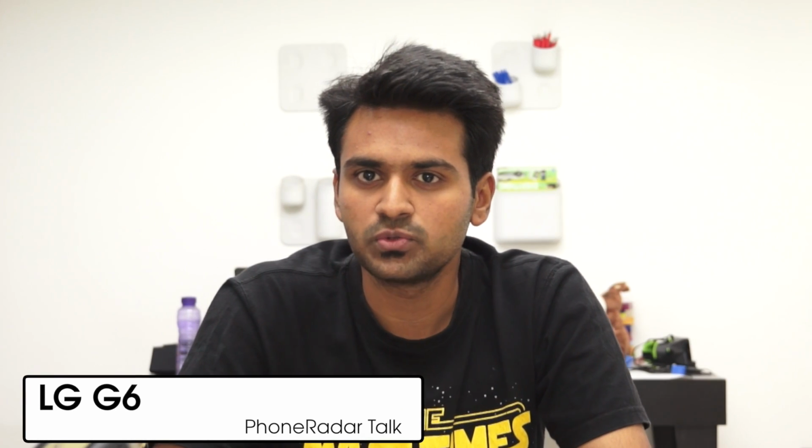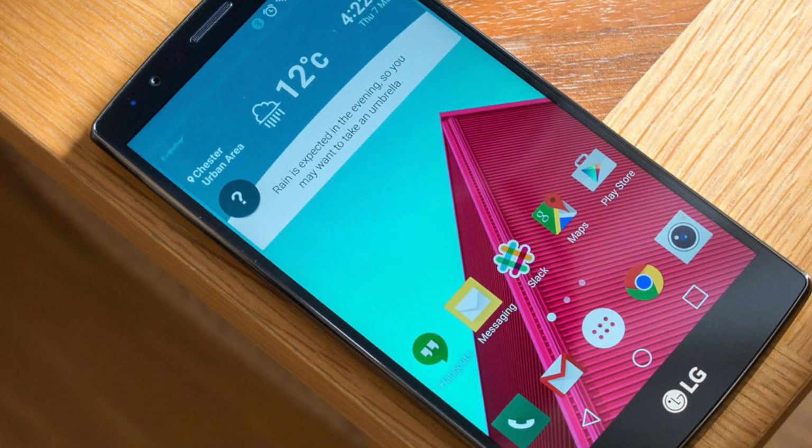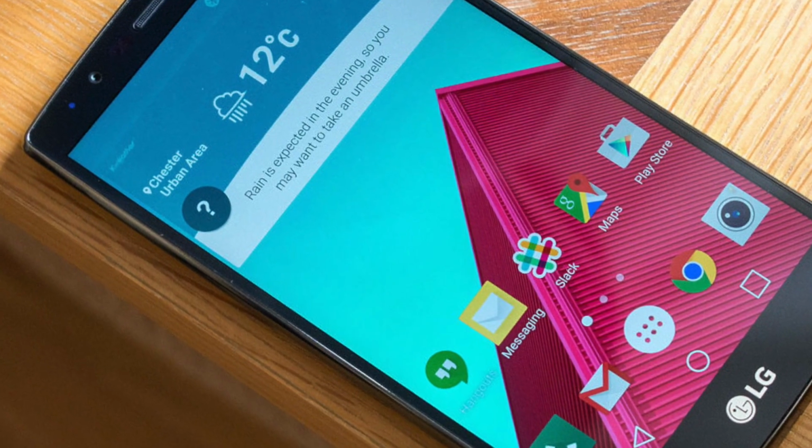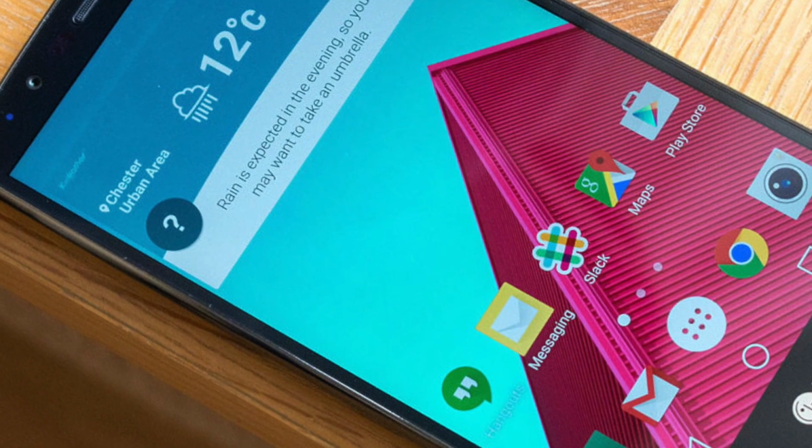And for the last news, we have a news from LG this time, and this is about the LG G6 smartphone that the company is expected to launch. So this is expected to be the company's next year's flagship smartphone. Just like last year they had the G5, and they also launched the V20 this year. So this is something that we're expecting from the company to launch next year, that is the G6. And we pretty much don't know anything about this smartphone as of now. The only thing that we know right now is basically they're going to be ditching the modularity function that they had with the G5. So it's pretty much going to be a non-modular phone.